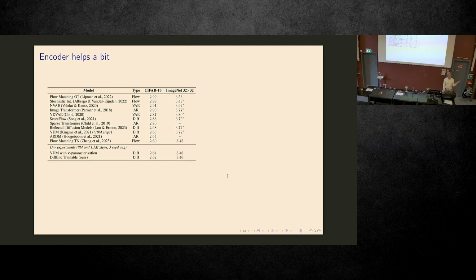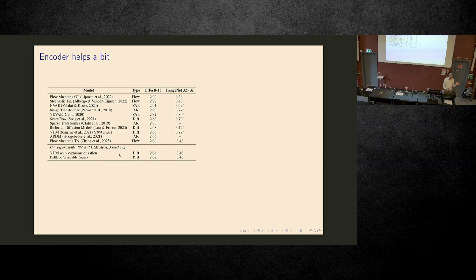Just to end the story, does it actually help with an encoder? And the answer is yes, but not much. So my PhD student, Beatrix, it was a little bit frustrating for her for a long time, but we actually managed in the end to have SOTA on CIFAR-10 for at least 20 minutes or something like that. Hard work, a lot of CO2 emitted for that.